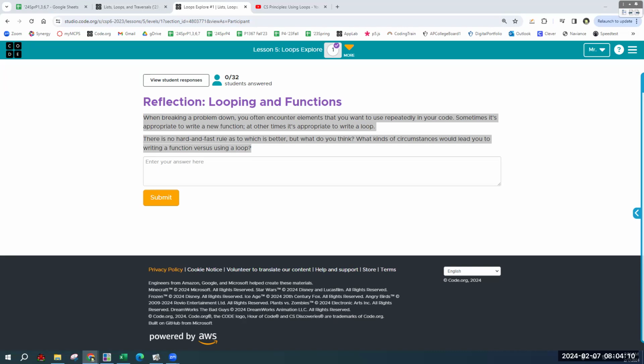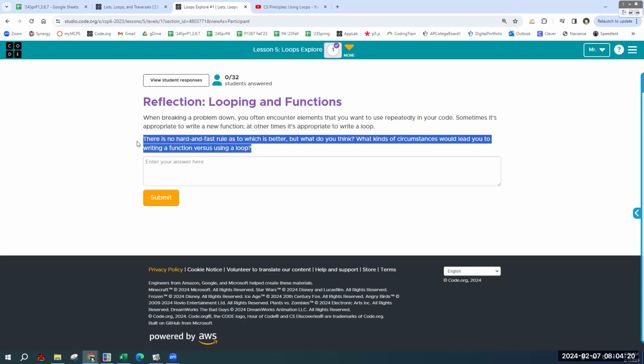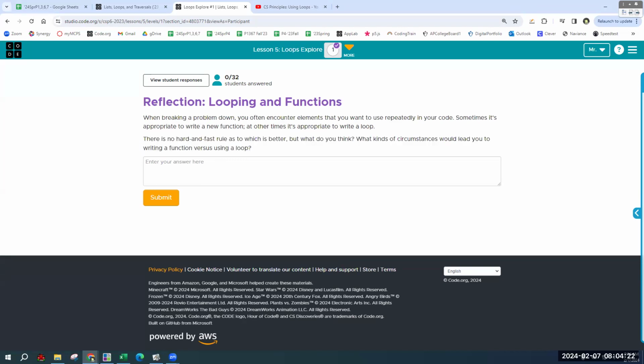And then loops that we just talked about, where it's the exact same thing as many times as you want. Why would you use one versus the other?